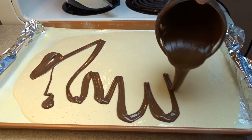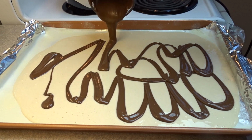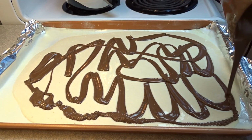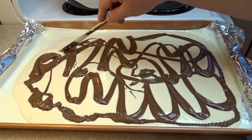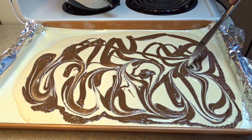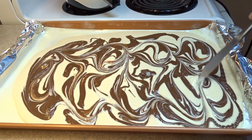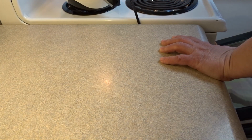and just microwave it for 30 seconds, 40 seconds until it gets liquid enough so that you can pour it. And then just pour ribbons of the Nutella on top of the pancake batter. And here comes the swirl part. Take a butter knife and just gently swirl the Nutella and the pancake batter together just so that you get these pretty little swirl patterns. Almost looks like paisley. Then you're going to put this in a 350-degree oven for about 15 minutes or so